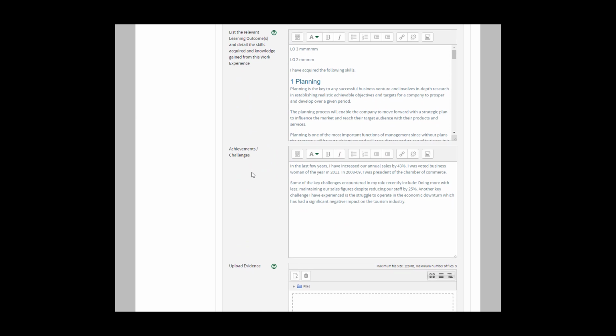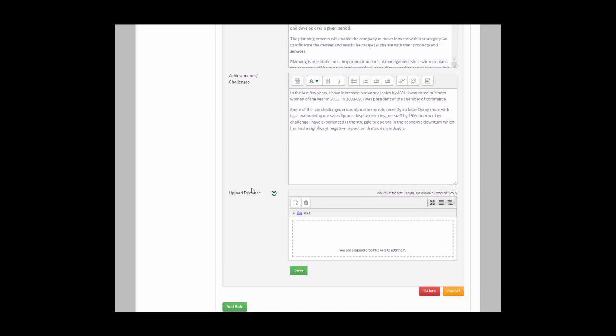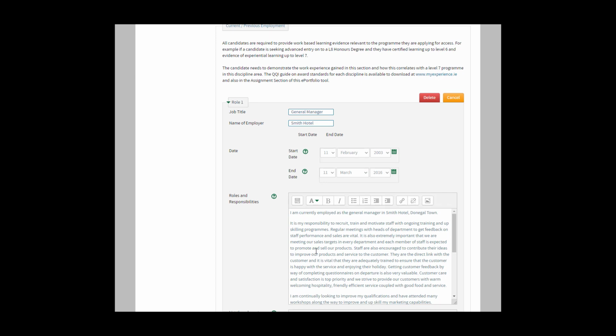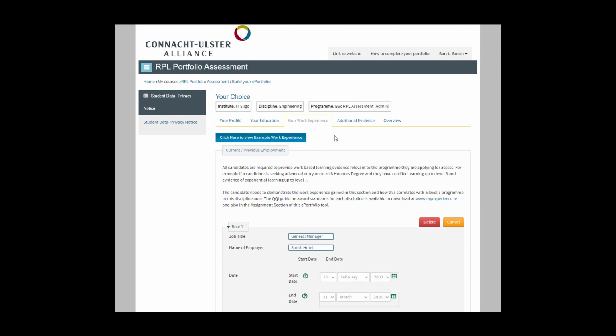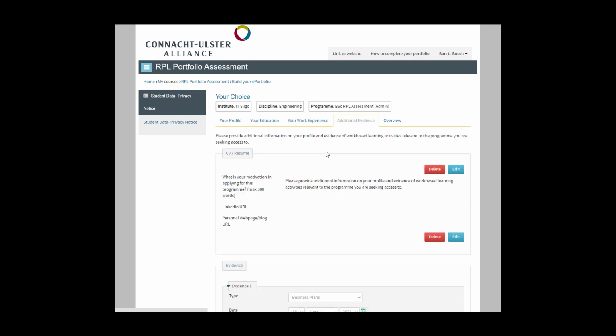And then there's achievements and challenges, uploading evidence. So this is the meaty part of the tool in a way. You move then to the additional evidence,